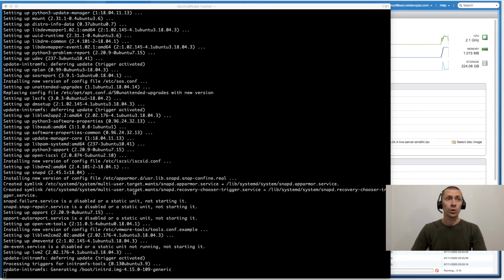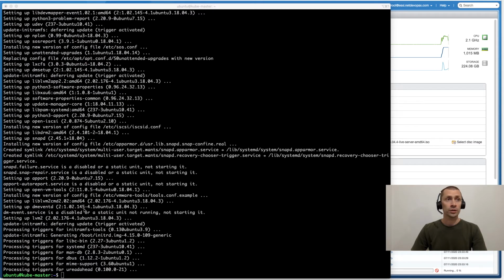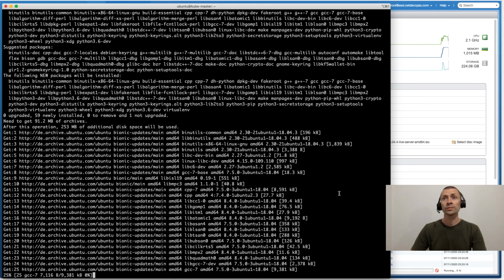In this case, we will be able to completely remove all folders and subfolders, or even remove the Ubuntu user in the end and clean up the space. Okay, let's install the additional virtual environment components.